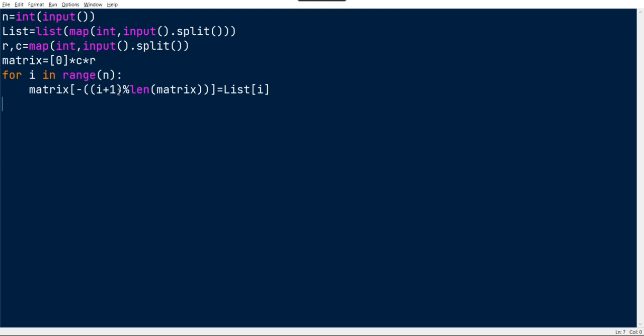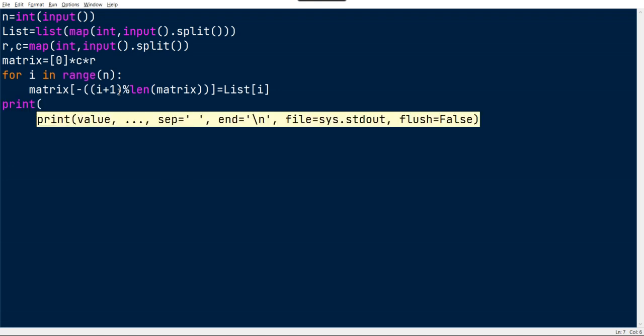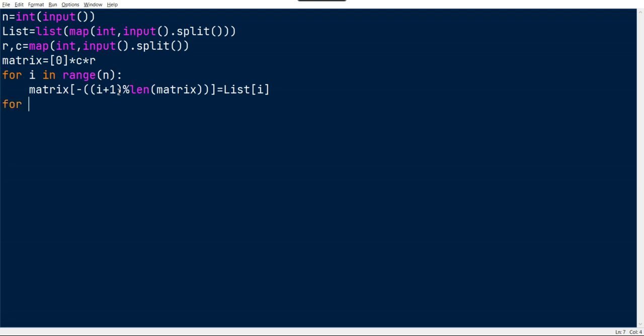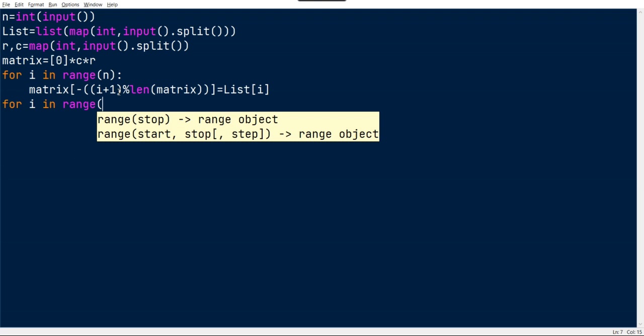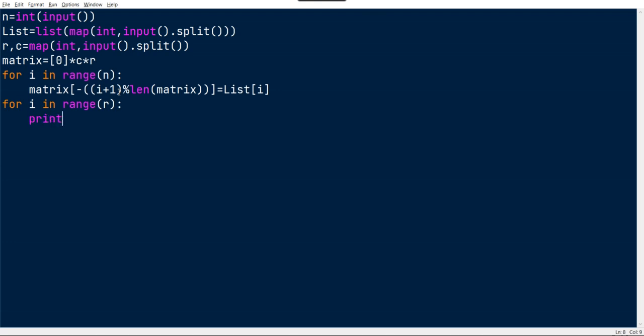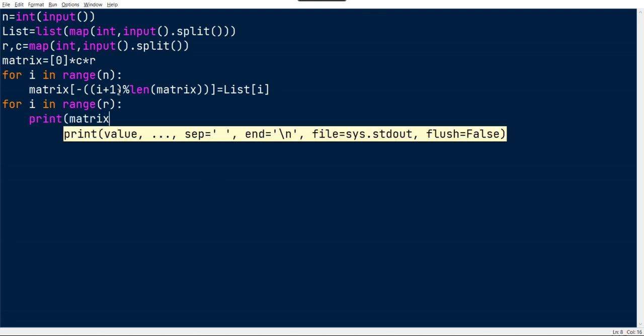After doing that, we just need to print the values, right? Print of, okay, for i in range of row, print of matrix of row, no, i into c. So it will give you value something like first 0, and then i will be incremented to 1.